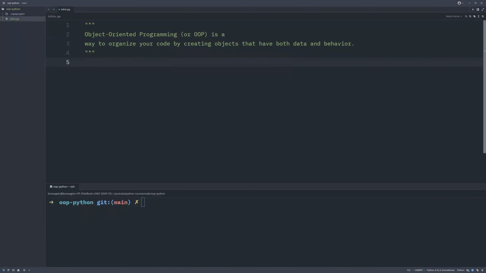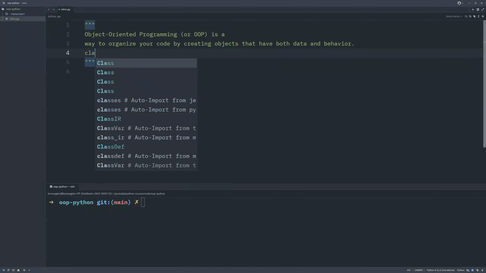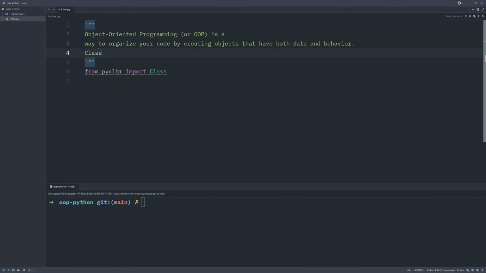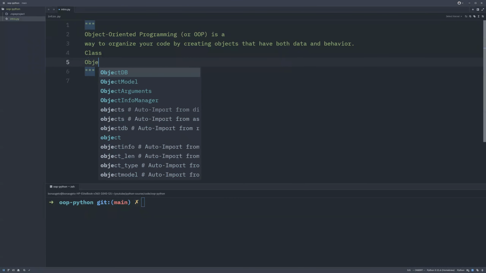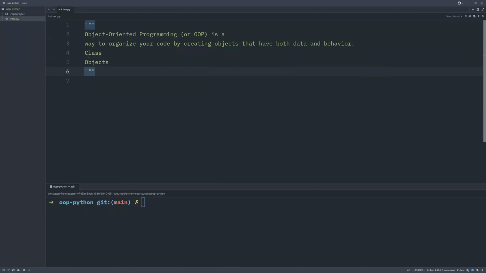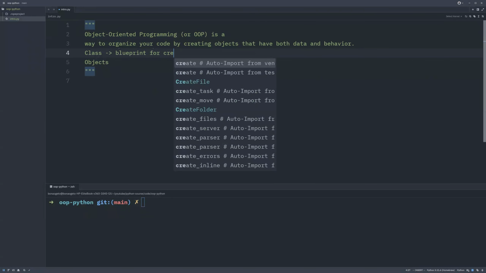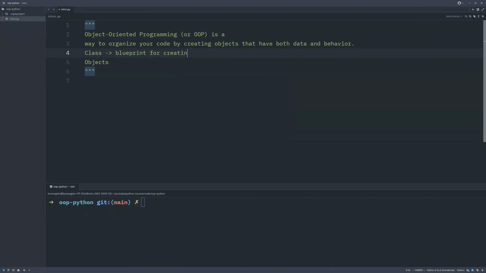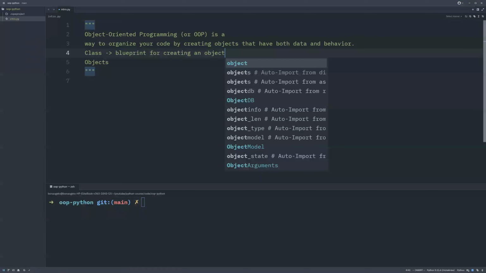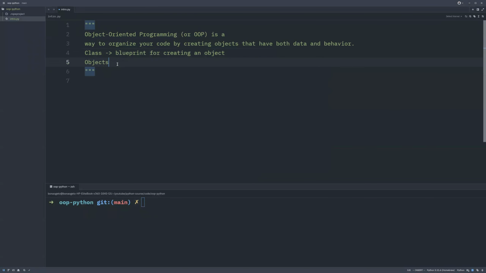So to make sense of this, we're going to start by understanding first of all what a class is, because these are the two major things we're going to talk about. We're going to talk about classes, and we're also going to talk about objects. These are very important aspects that we need to understand. So starting with classes, we refer to a class as a blueprint for creating an object. Simple as that. So I'll just write here, this is a blueprint for